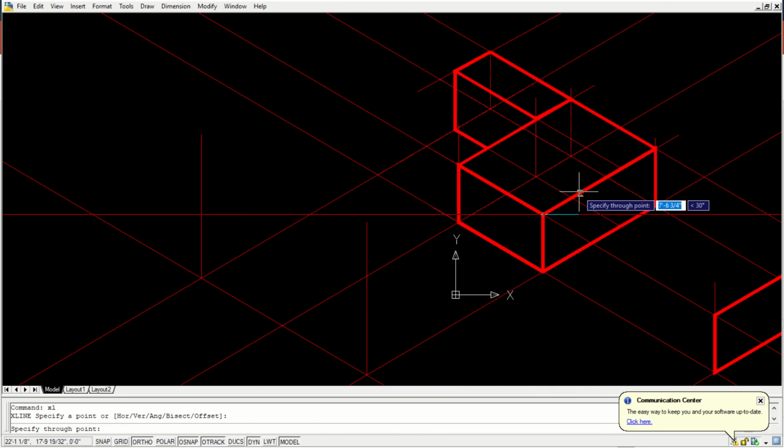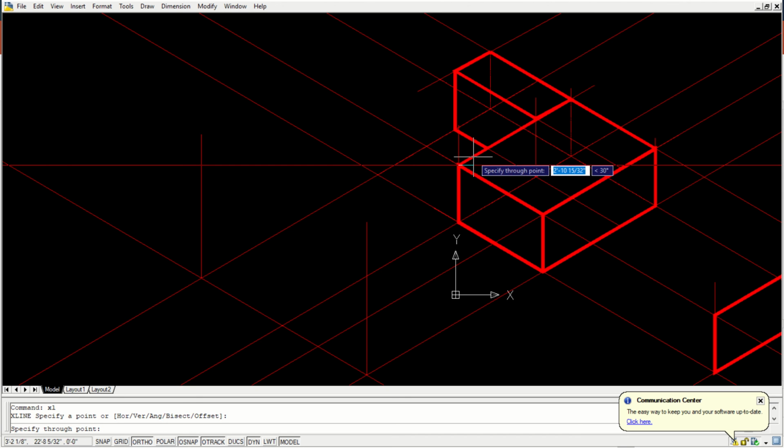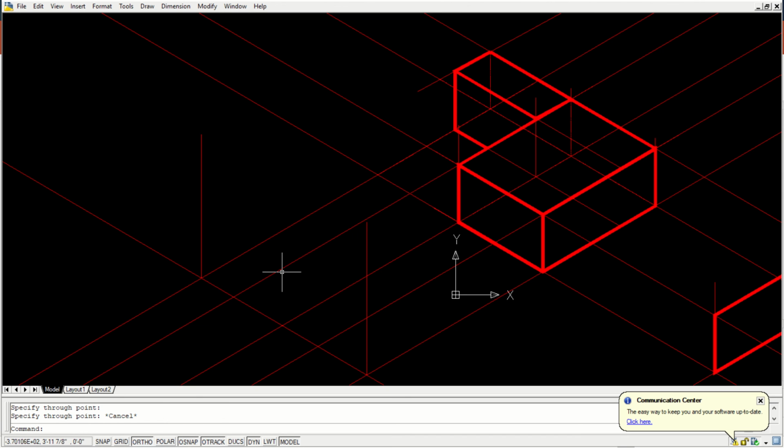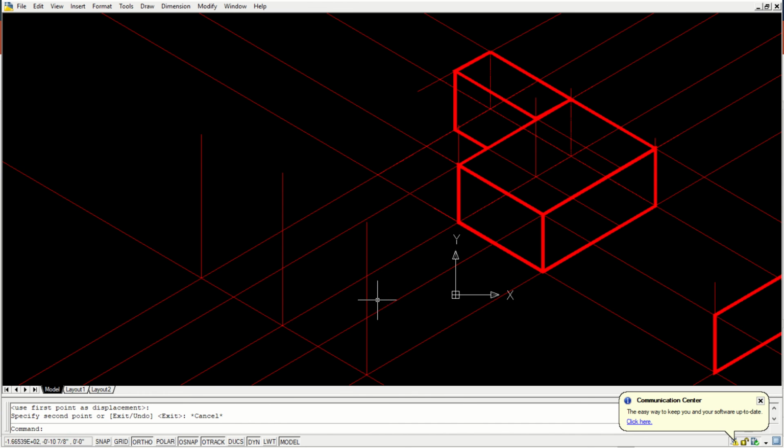We need to have projection line from this point. We have done projection line from this point here, but we don't know what is the height. Height again, we can bring it here.